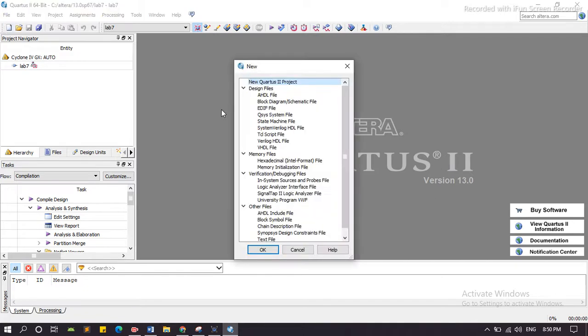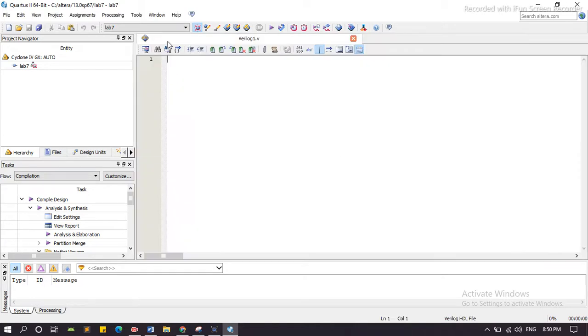Now we go to the Verilog HDL file and here we write the code. First we declare the module with the file name lab7 and declare the inputs. A, B, C and D are the inputs.